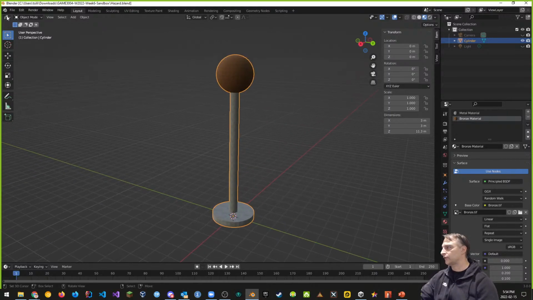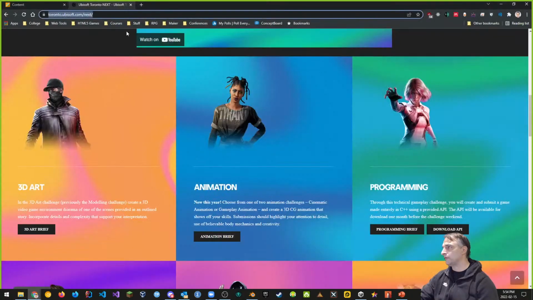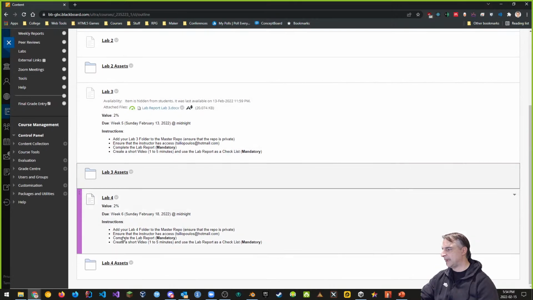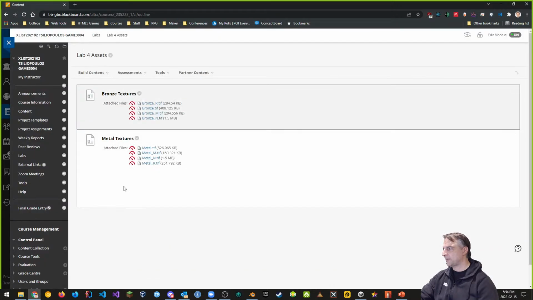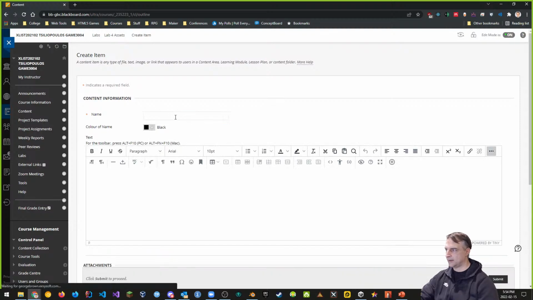So that is the biggest issue. So file, save, and let's put this up on Blackboard so you have it before we move on for the next piece. Where I put it is under labs, under lab for assets. I'm going to put that asset up. So again, item, and we're going to add in this thing that is the